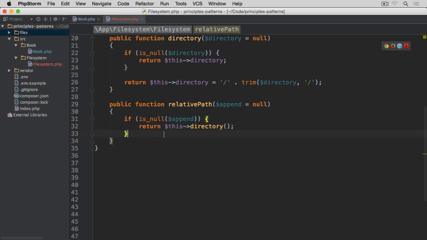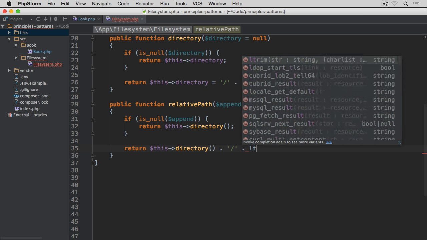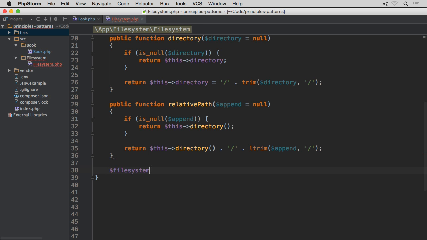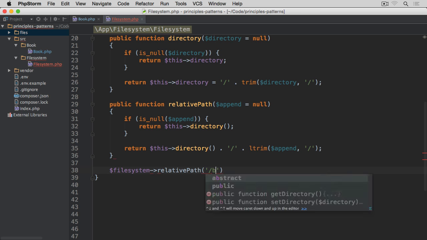to append anything. But otherwise, what we're going to do is return this directory, and we concatenate it with the / and then again concatenating this ltrim on the left hand side. I want to trim the / as well from this append because we might be passing, so let's comma /, because we might be passing something like, let's say if I do say file system relative path, we might be passing something like / books